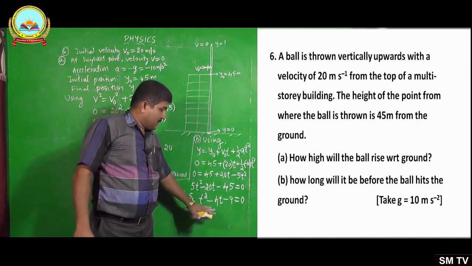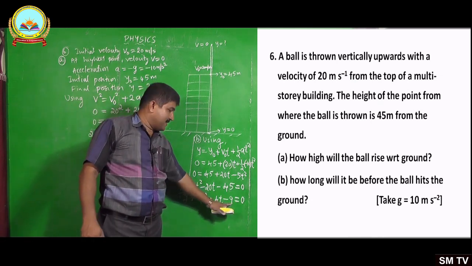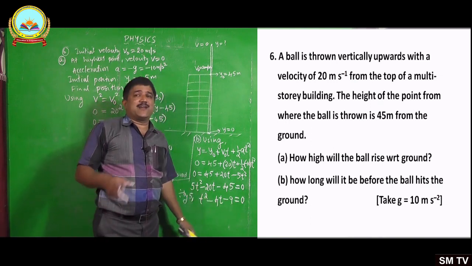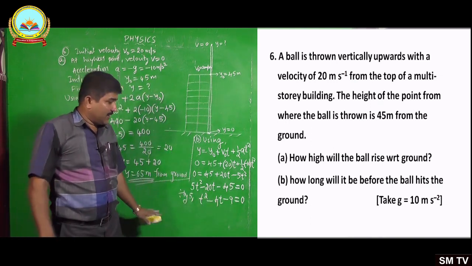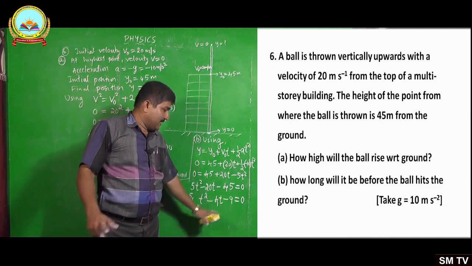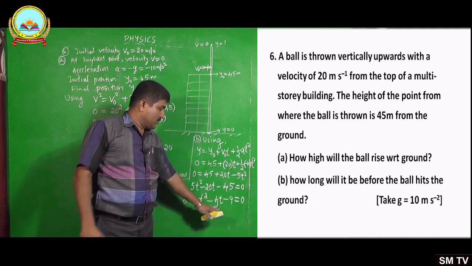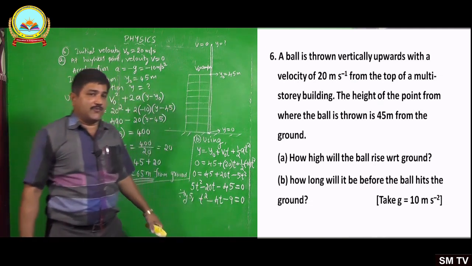Now just observe the numbers. Minus 9 as the product you have to get, and the sum is minus 4. The factors of 9 are 1, 3, 9, only those 3 are there. So 1 into 9 doesn't work, and 3 into 3 also doesn't work. So it is better to go for the quadratic equation formula.